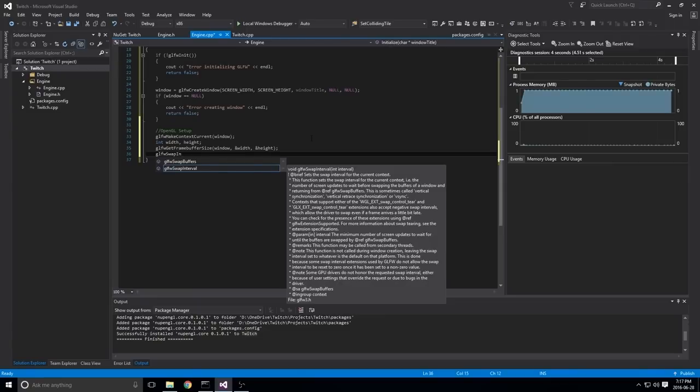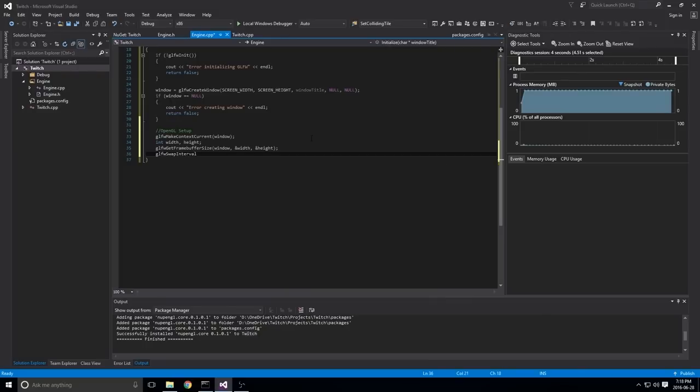Without this, you tend to see a lot of flickering, because you can pick up, as we're drawing things on the screen, that process happening. It's very fast, which is why you don't really notice it, you just notice flickering. So this is why we want to set up the swap interval, and we basically want to say swap every frame. Swap interval, we set it to 1.